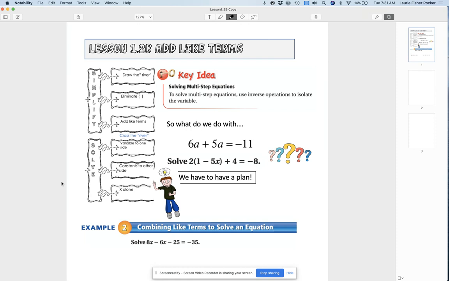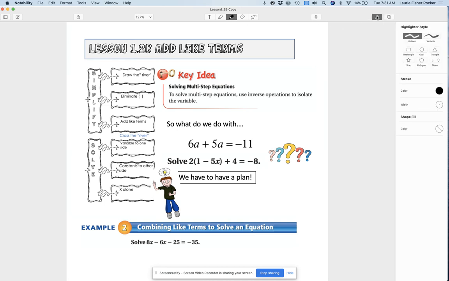So lesson 1.2 is basically solving multi-step equations, starting with two-step equations and moving on to equations that have some more stuff. Yesterday we did two-step equations, and we went through the process, and every problem that we did yesterday had two steps. So today we're going to be adding to that. So what you're going to see here